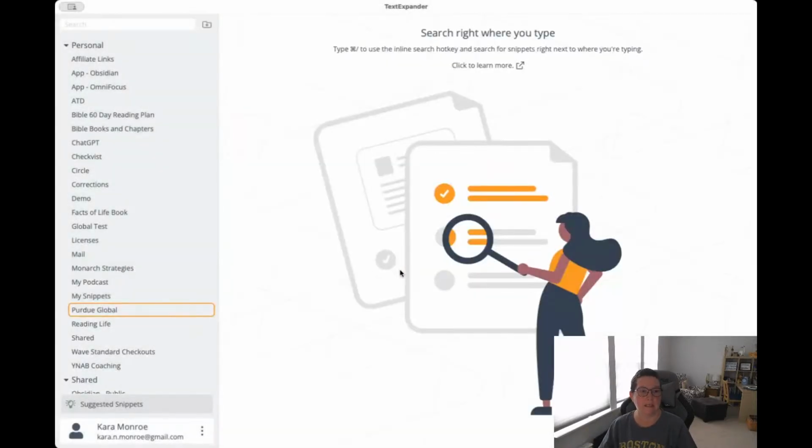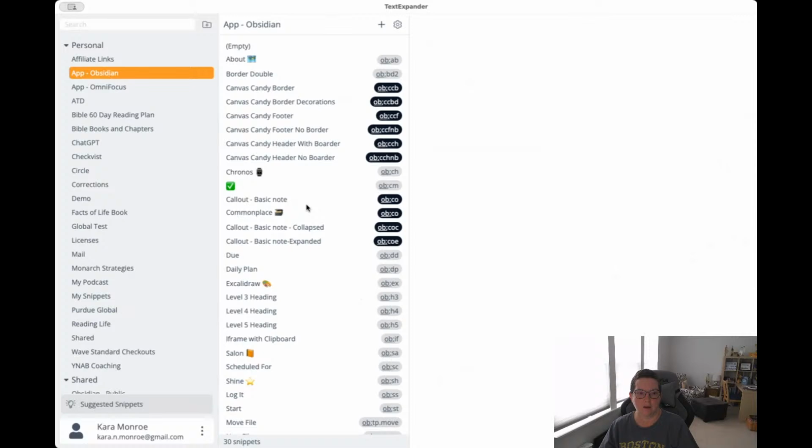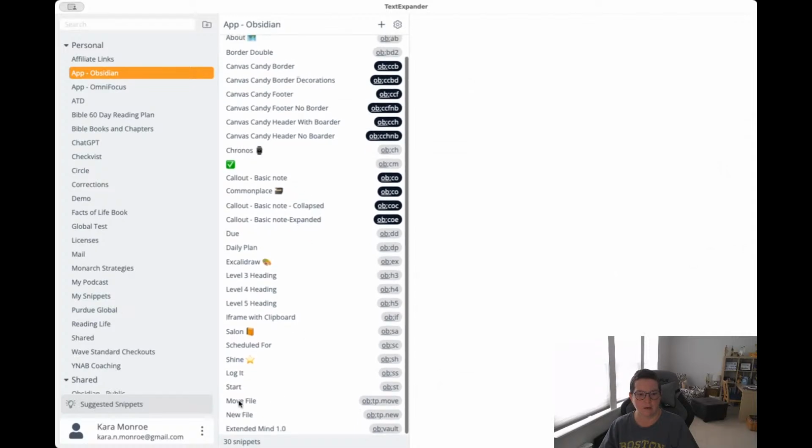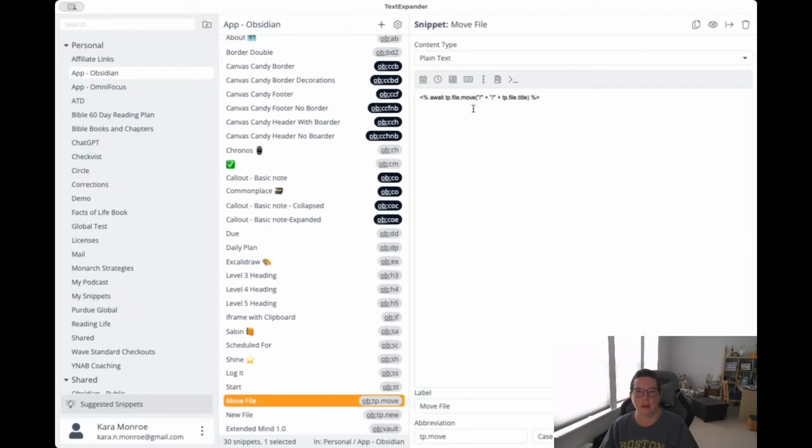Just keeps things clean. And that's part of what I'm going to do during this whole month of automation: try to clean up some things, make sure my comments are good, and that my own documentation to myself looks really good so that I can follow something. And as we go back and look at those two that I moved over here, that move file and new file, I kind of know what this does, but not completely. And adding some notes to that might be really helpful. So let's go ahead and take a look at how we would build an Obsidian callout.